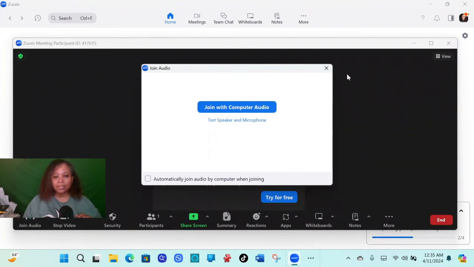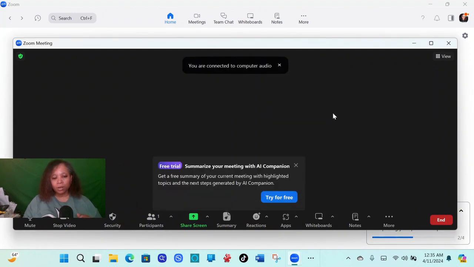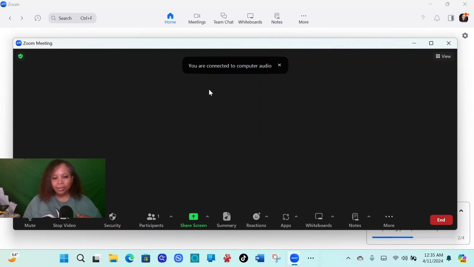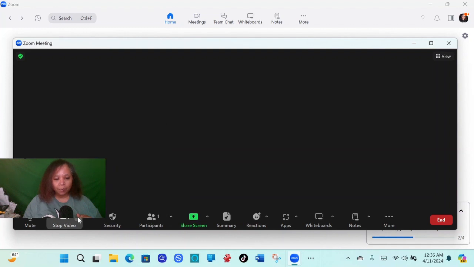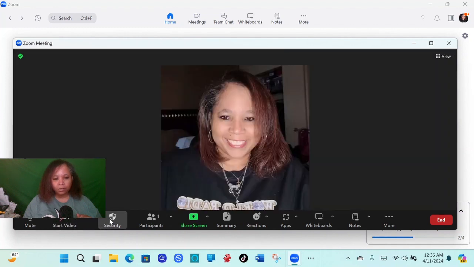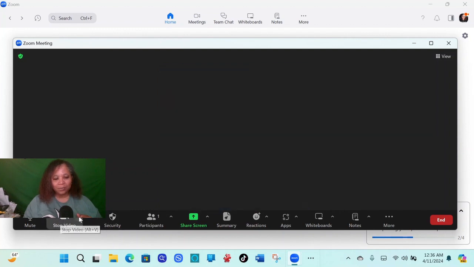Alright, so this is the Zoom platform. And then we join, of course, with computer audio. Alright, so we have the mute, the video, and then these are your video controls. And then we have security. I don't want to do that. We have security, participants, which shows just me because it's just me. Anyway, the share screen, summary,